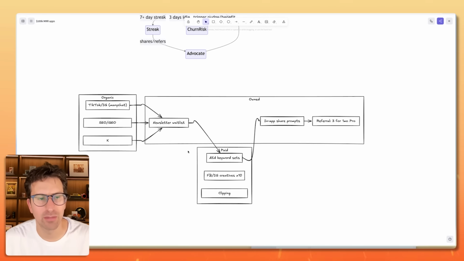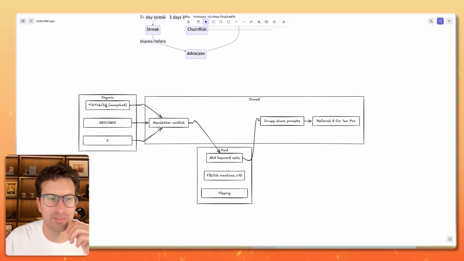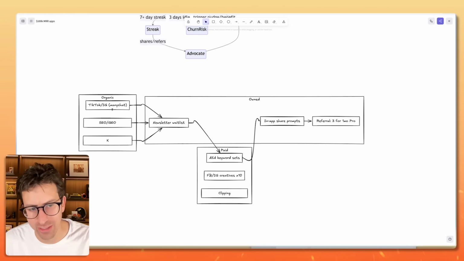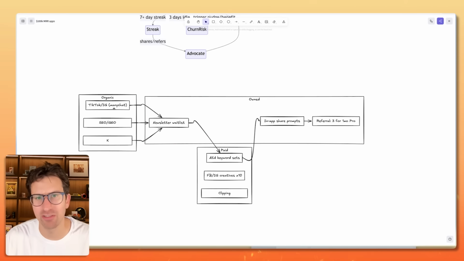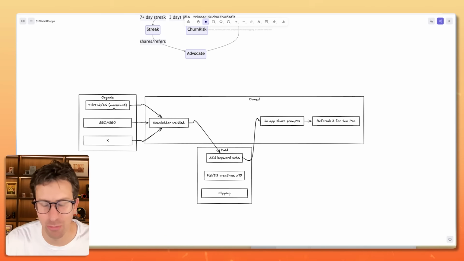So in this section, I'm going to talk about how to actually get customers. This isn't the only way to get customers, but how I'm seeing a lot of these apps get customers. It's basically a mix of organic, owned, and paid. So on organic, what they're doing is they have these TikTok pages. Sometimes it's multiple TikTok pages. And they're also using IG with ManyChat integration. So I'm sure you've seen it. It's basically like they'll do a reel and they'll say comment XYZ for more, and then ManyChat will automatically DM